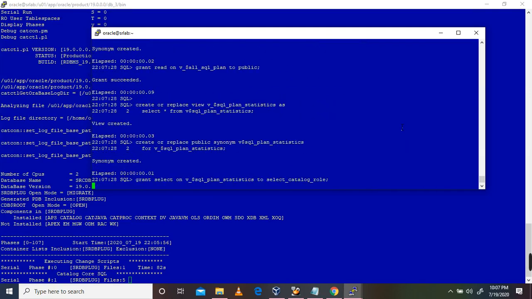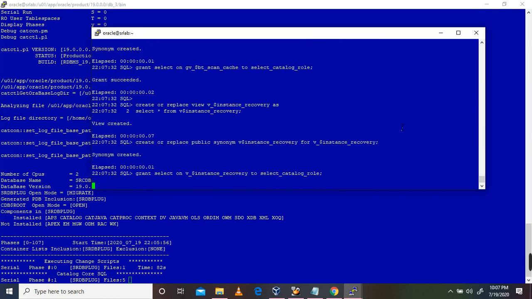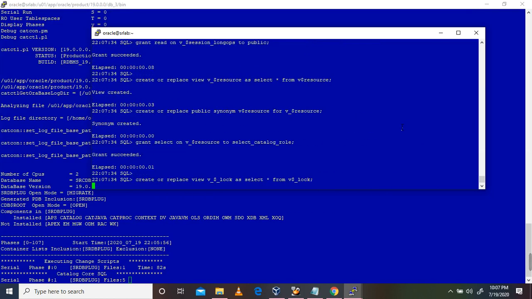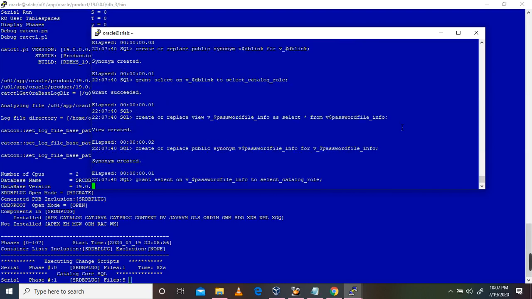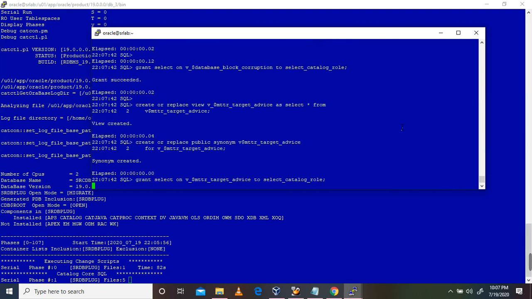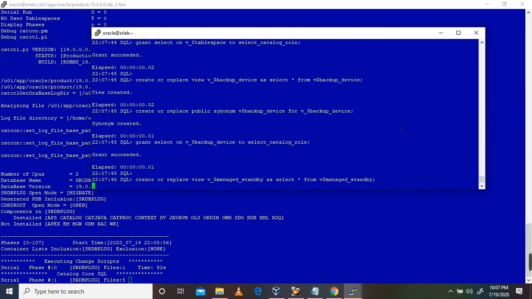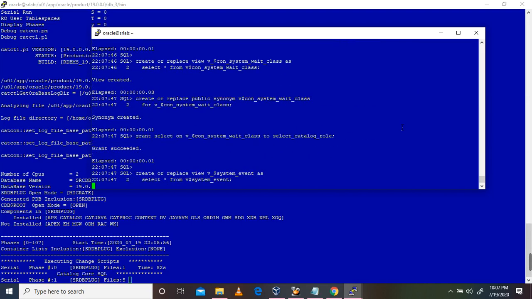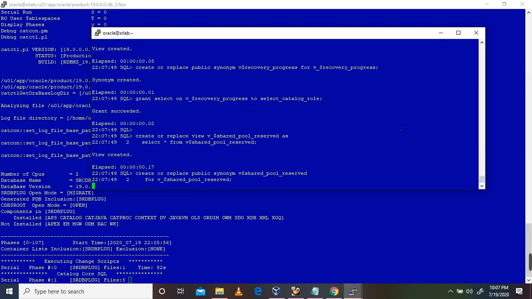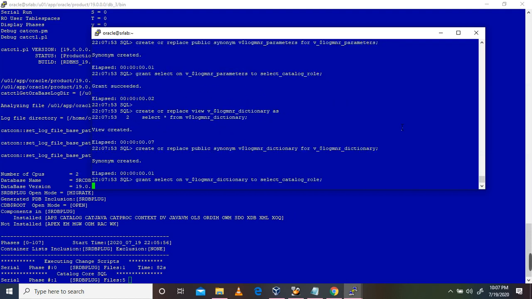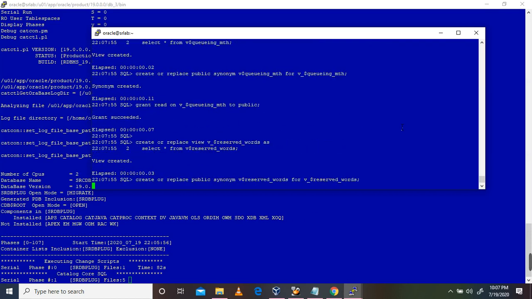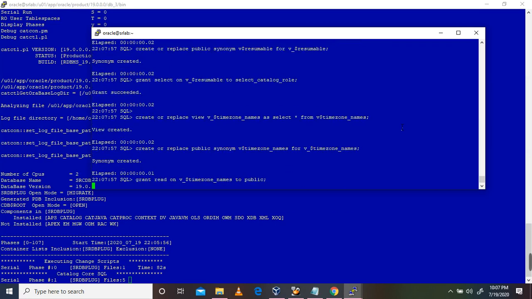In the testing phase, we need to observe how much time the clone will take and how much downtime we need, and based on that we can give a downtime to the application team. So it's going. After that we need to recompile, update the time zone file, and validate the database components and the pluggable database components.